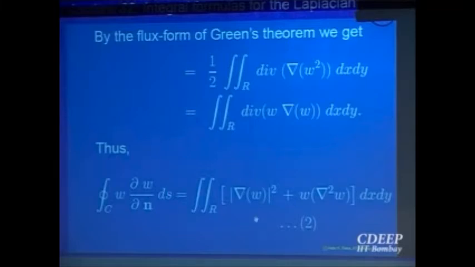Yes? But the gradient is 0, like the function is constant inside the domain. Pardon? The gradient is 0, like the function does not change its identity. It is equal to some constant. I am not saying 0, it should be a constant.